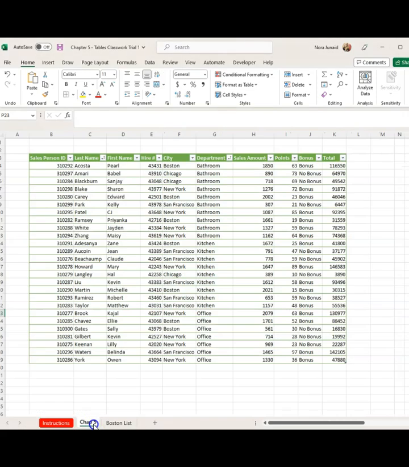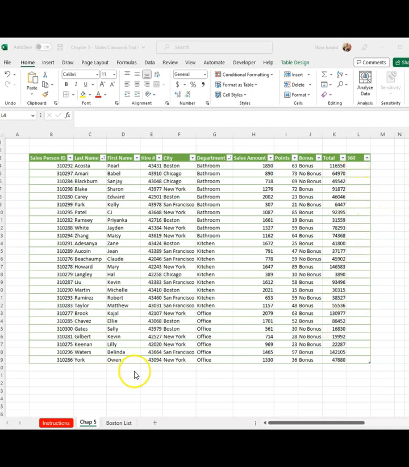Next, I'm going to go to Chapter 5 Worksheet, and I'm going to add a field in column L that says 360. And in this column, I want to restrict the entries for my data. I only want the entries to contain whole numbers that fall between 1 and 5. This is what we call in Excel data validation, and this is when you can restrict the entries to certain